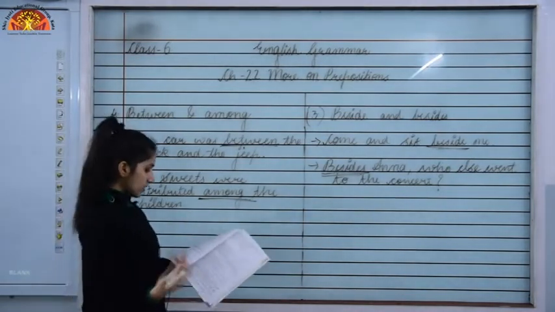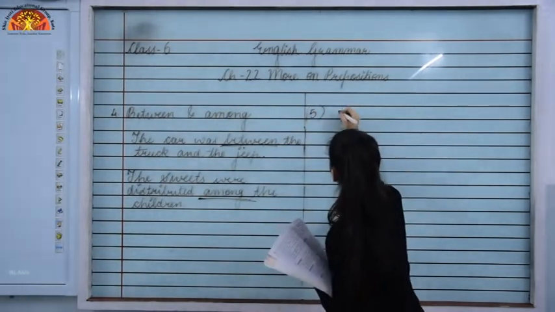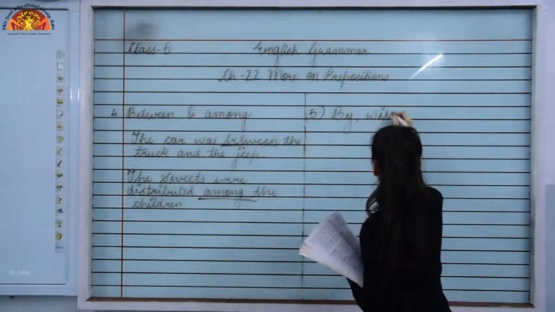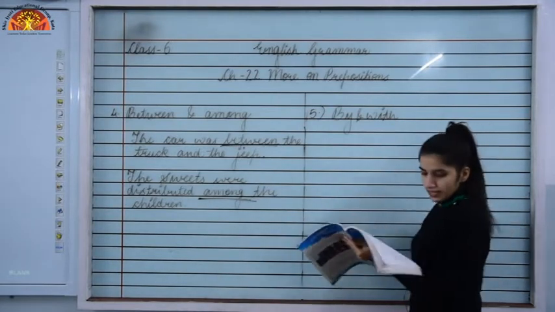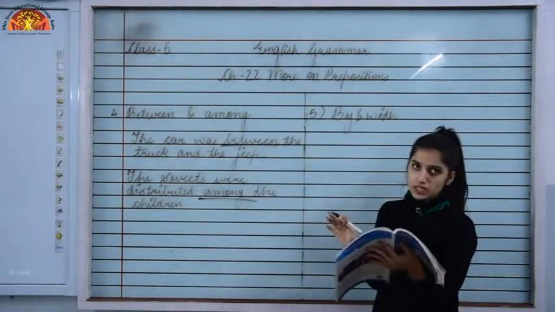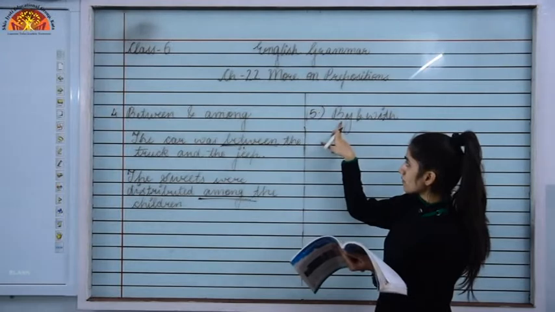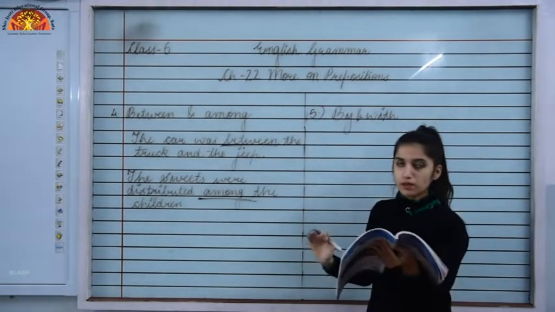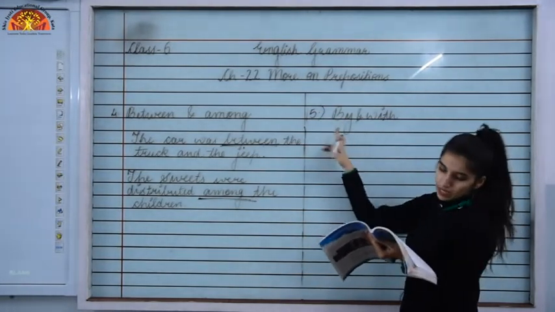Let's move to the another pair that we have, that is what? By and with. The fifth pair that we have, by and with. Okay. So by is meant to or next to or by the side of or within a certain time. When we are talking about time, we will use by, or when something is next to or by the side of that. So that is why we will use by over there.